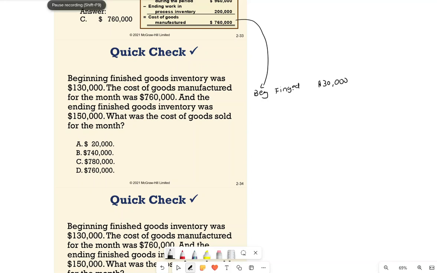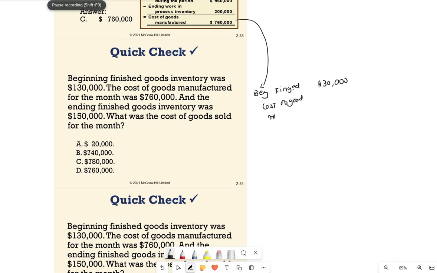The goods that we manufactured, the cost of goods manufactured that we calculated, I add the 760 to it, and once we add it,